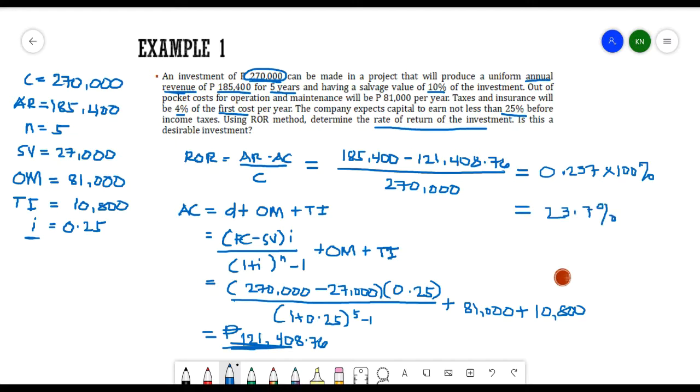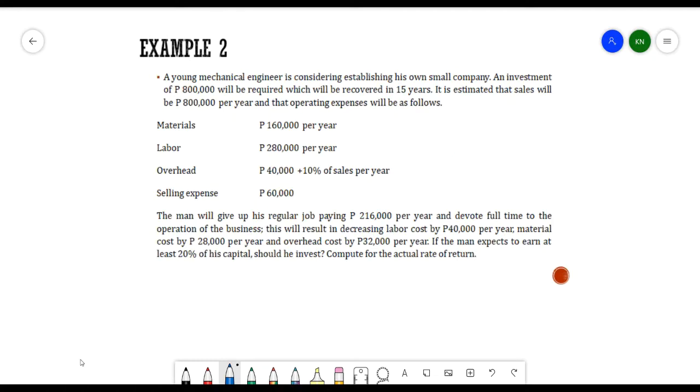But as you can see, it says here that the company is expecting the capital to earn not less than 25%. So we need to determine if the investment is a desirable investment. Since this one is less than 25%, meaning to say the investment is not a desirable investment. So another example we have here is a young mechanical engineer is considering establishing his own small